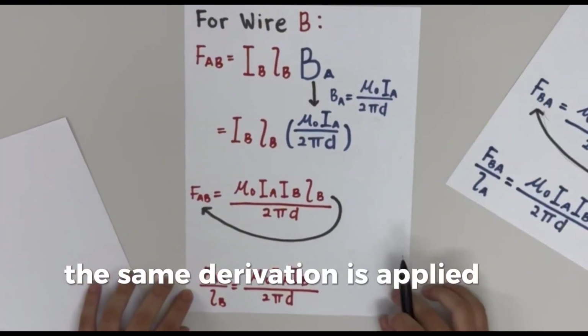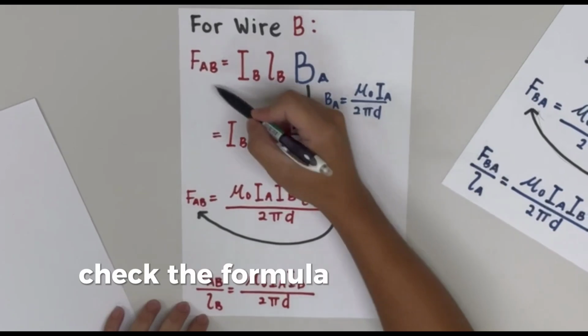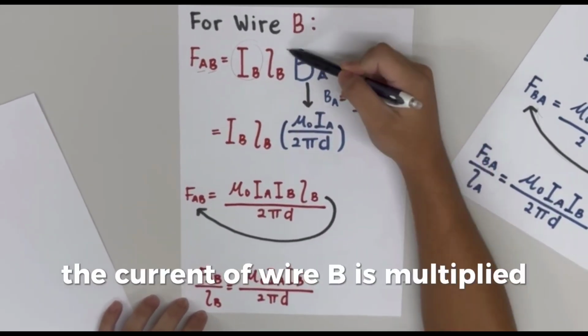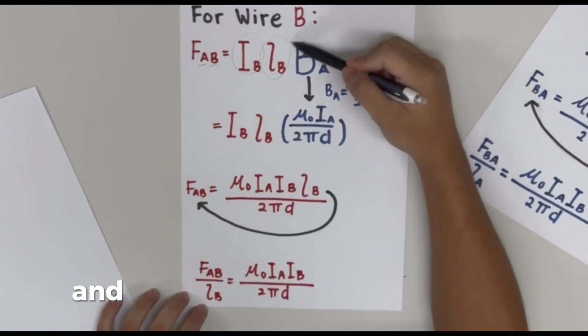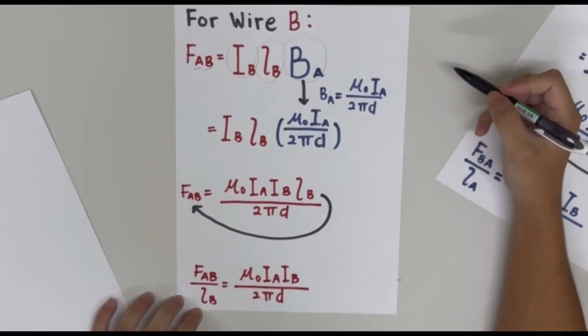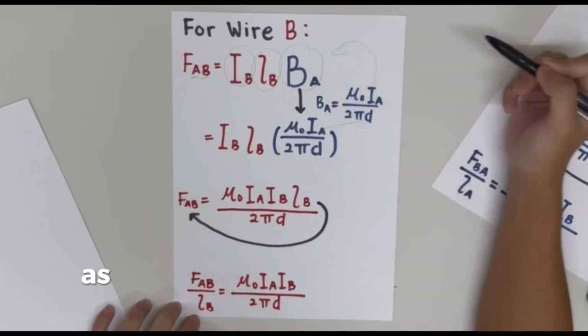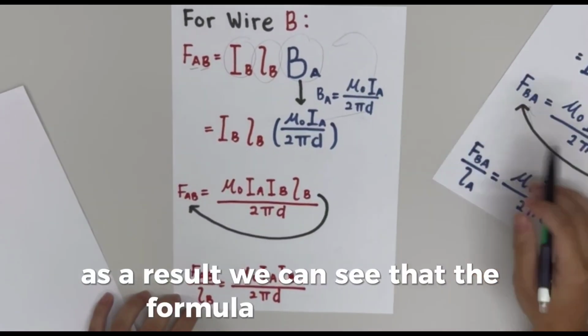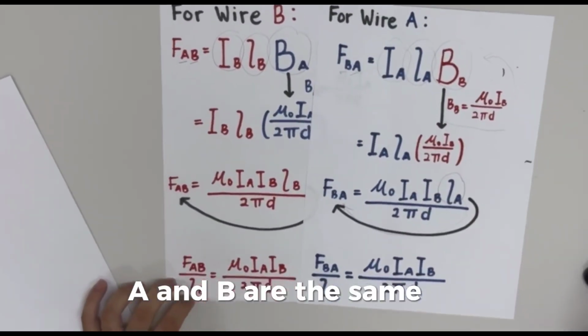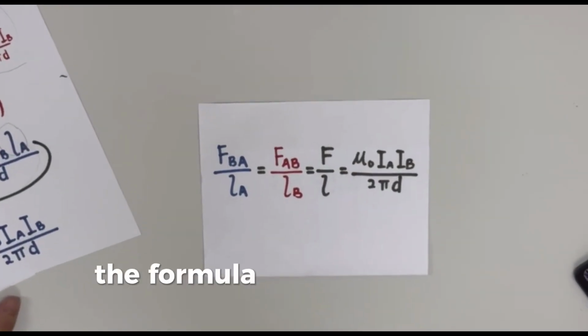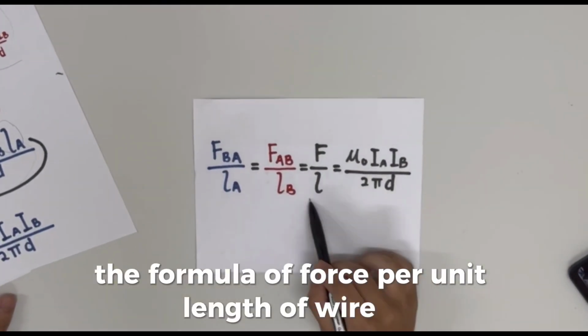The same derivation is applied to wire B. Take the formula of magnetic force by A on B. The current of wire B is multiplied by the length of wire B and the magnetic field of wire A. Then, the same substitution is carried out. As a result, we can see that the formula for both wire A and B are the same. So we can equate both of the formulas to determine that the formula of force per unit length of wire is